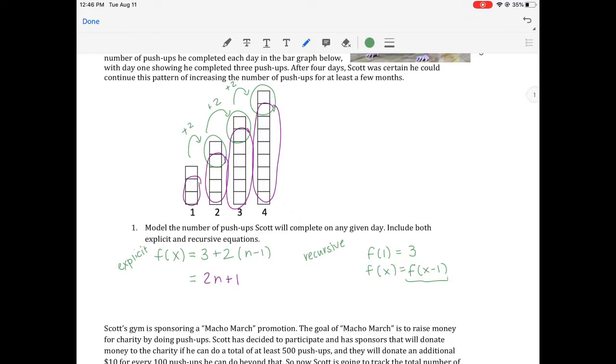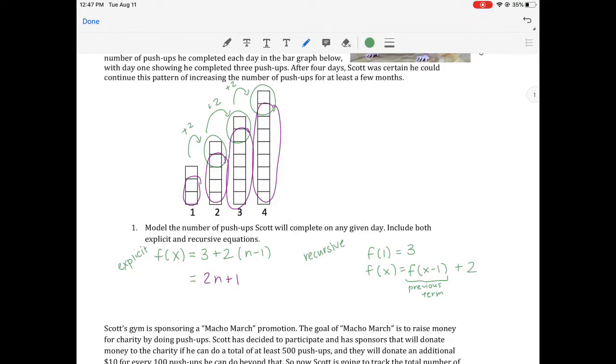Remember, this just indicates the previous term. So when we're talking about day 2, we take the 3 push-ups from day 1, and what are we doing with that? Well, here we are adding 2 more. So those are the 2 equations. You should have come up with them for number 1. Okay, at this stage, pause the video, read the next part, and then we'll jump into looking at 2 through